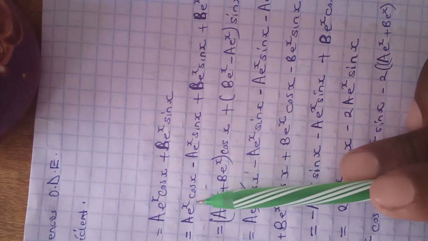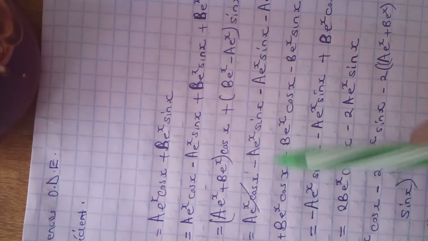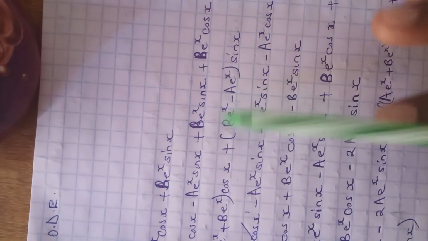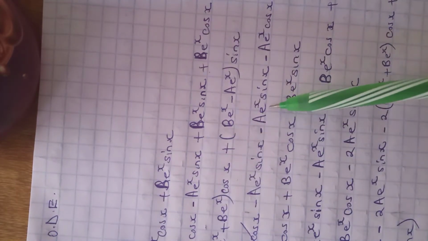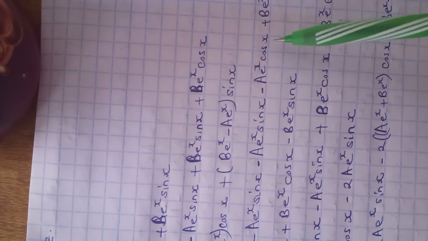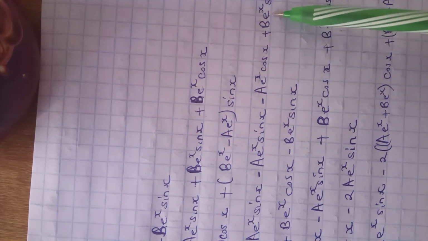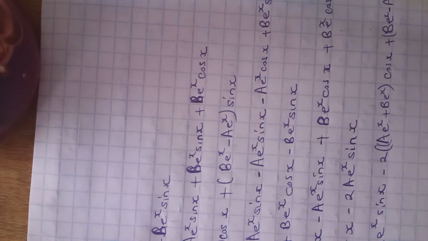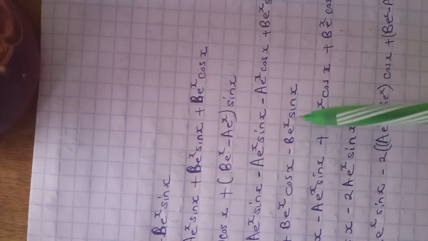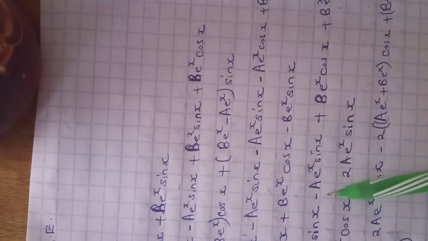So we differentiate this part. We have Ae^x cos x minus Ae^x sin x, minus the differential of this side, Ae^x sin x minus Ae^x cos x. Now we proceed to differentiate this other side. We have Be^x sin x, Be^x cos x minus Be^x sin x. So when you collect all these terms, we shall have